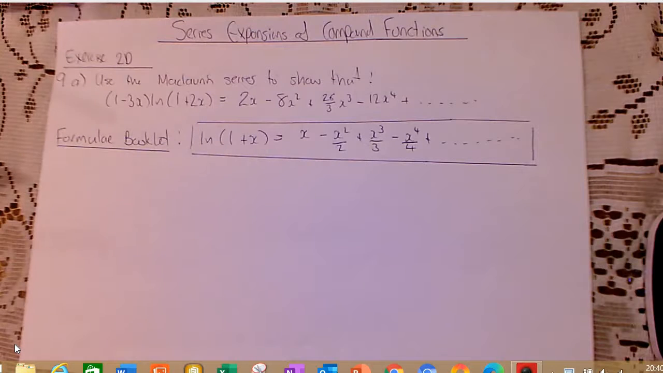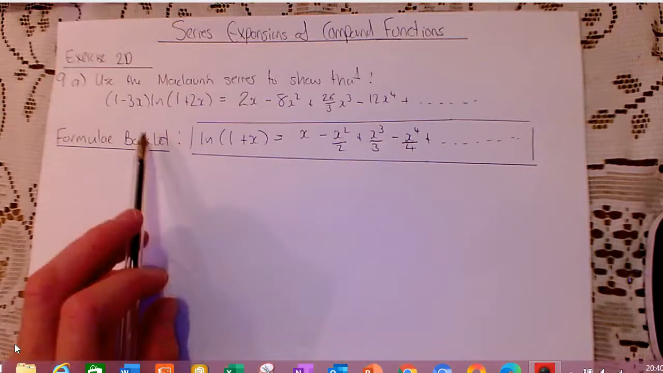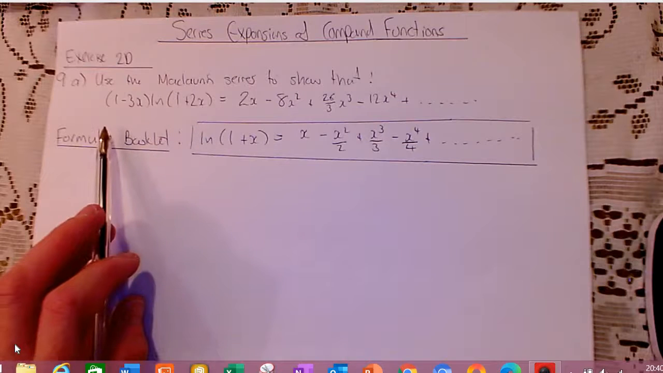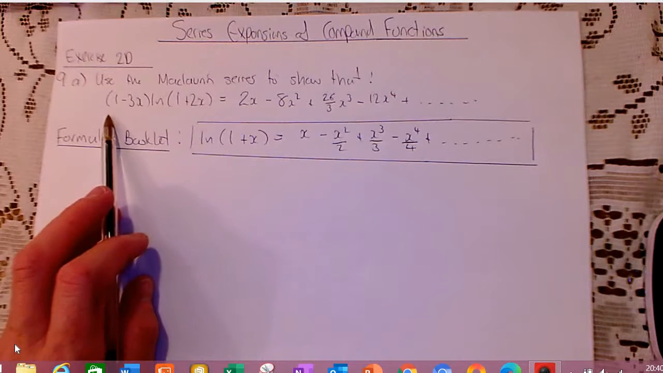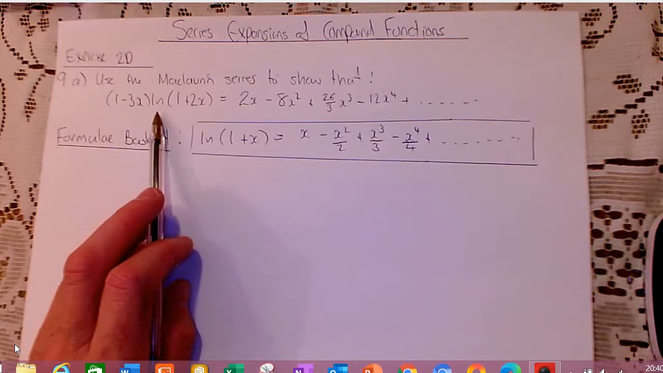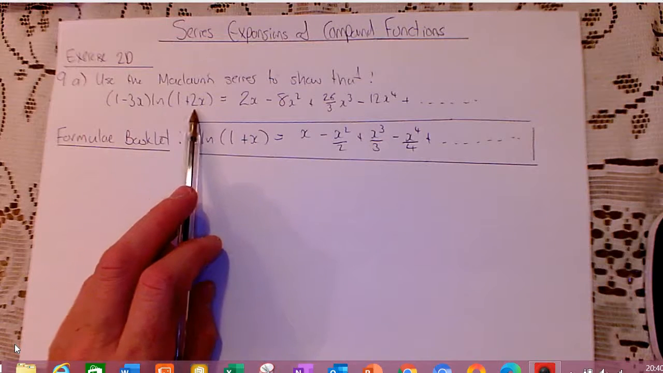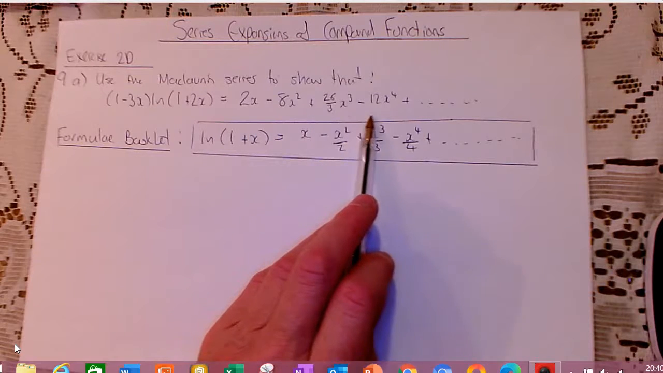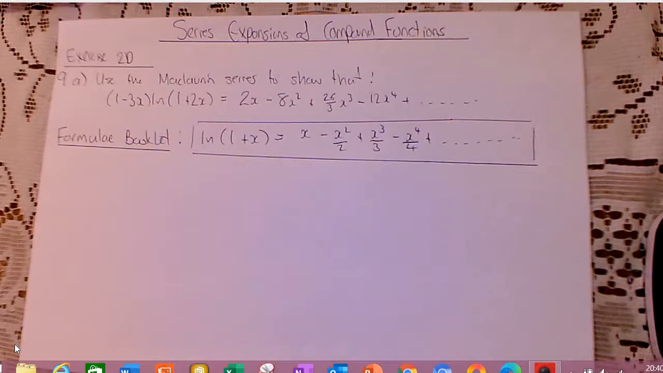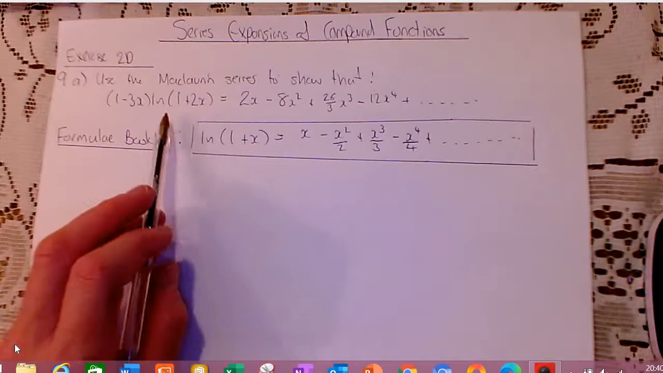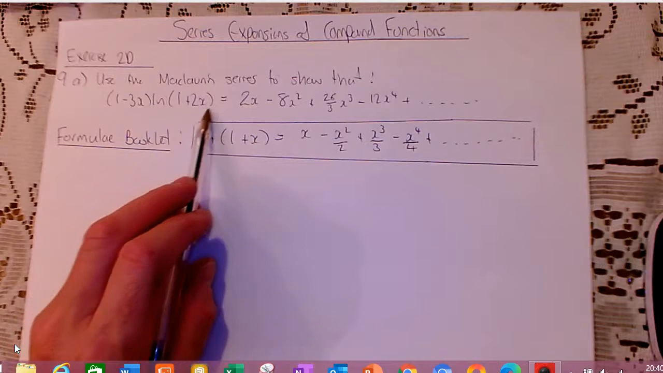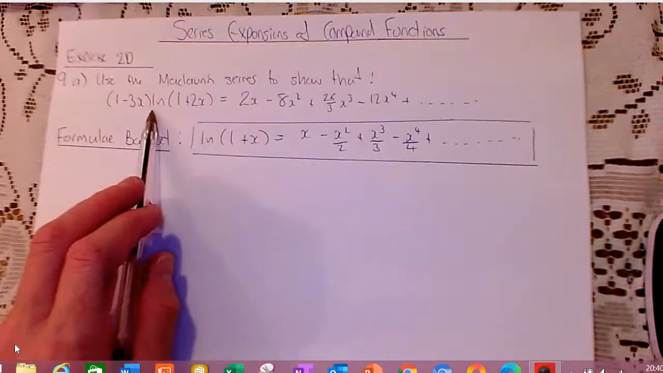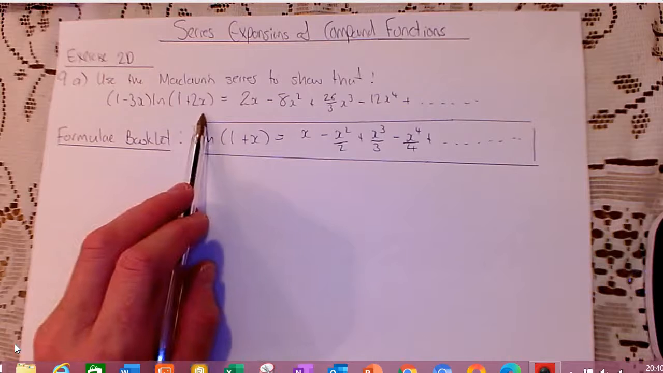So I've just picked out 9A for us to have a go at. So we've got to somehow show that using the Maclaurin series we can convert 1 take away 3x times ln of 1 plus 2x into this infinite polynomial here. Okay, so you could start from scratch and use your Maclaurin series and build it up from here, but of